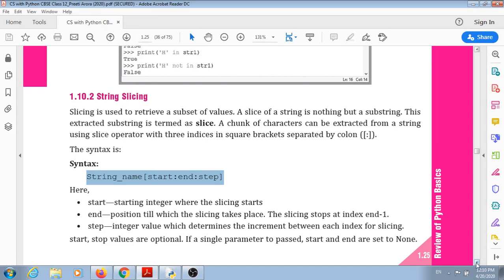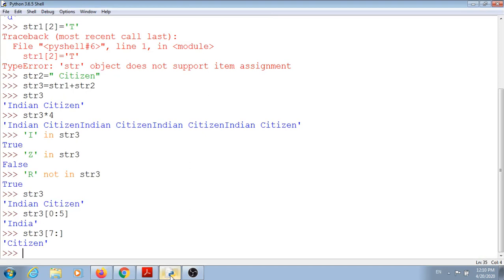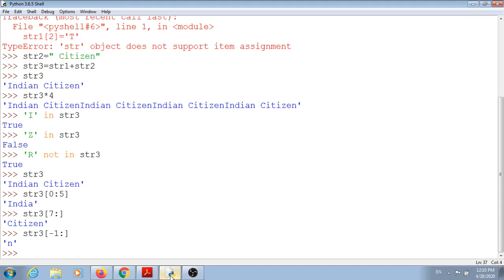Just like forward indexing, we can access the elements in the backward manner as well, using backward indexing starting from -1. The last character will be -1. Suppose I write str of 3 and start with -1 and colon, then that one will be the last character.